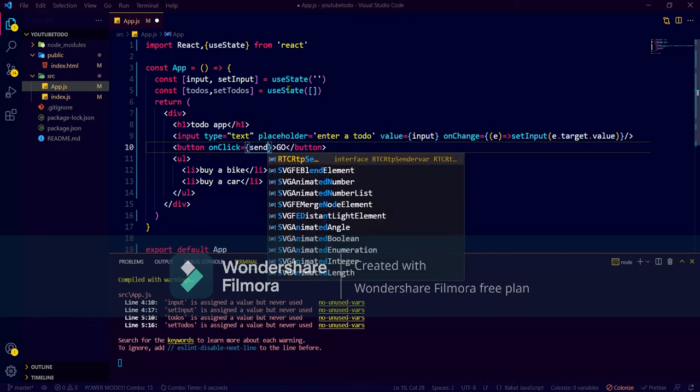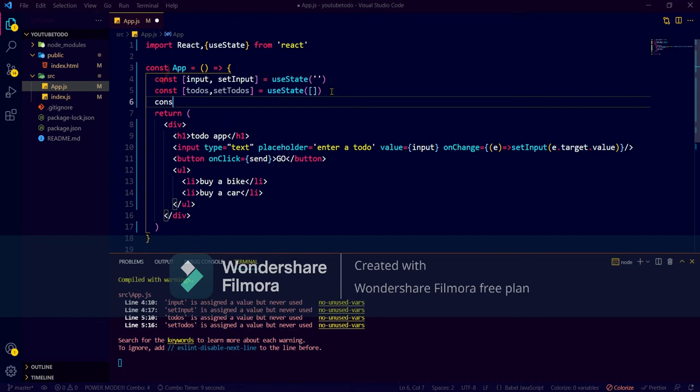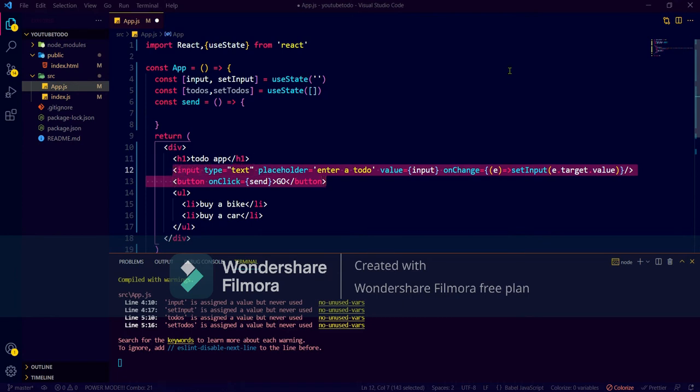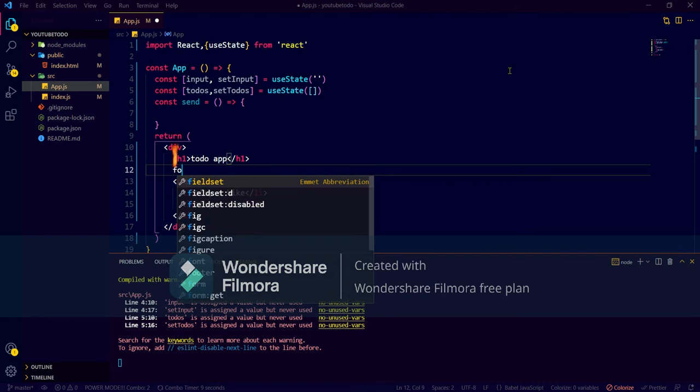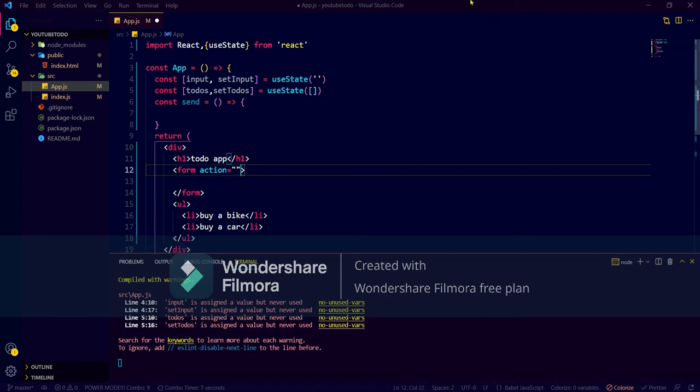We have to make the function of send, so that once we send, it will get added. Let's see how we will implement that send option. I am making that function here: const send, an arrow function. One thing we can do is put it in a form, so that if we press enter also, our value gets added. So I'm just copying with Ctrl+C, and we type form, hit enter, Ctrl+Z, hit enter. We do not need this action.